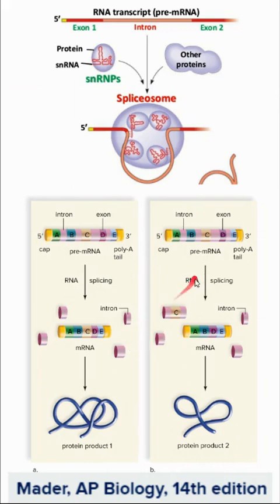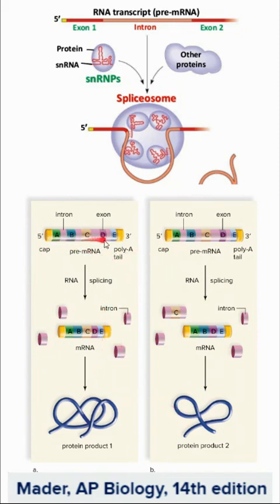So when we have alternative splicing, we have these small nuclear RNA molecules that end up becoming part of our spliceosome, and our spliceosome is what ends up cutting out the introns and can alternatively splice our exons in order to express different proteins from the same transcript.